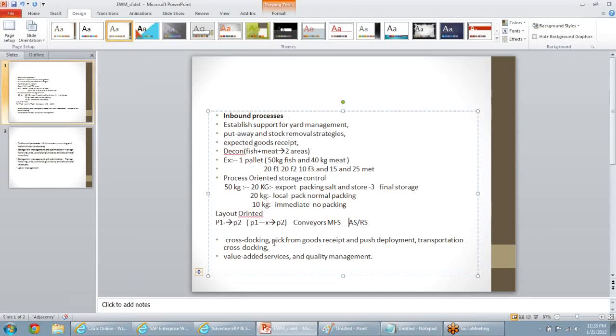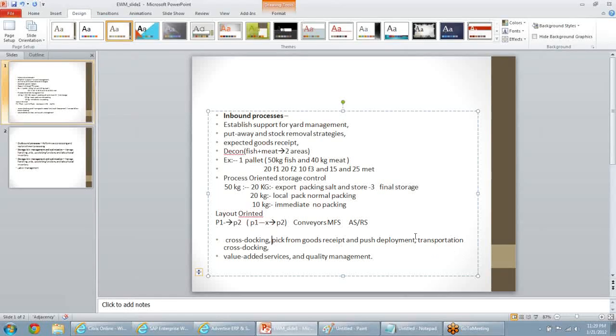And apart from that, my WMS should support cross-docking. So what is cross-docking? Instead of putting the goods into put away, we directly send them to outbound. Exactly. Sometimes I have something called rush orders. So instead of storing the goods in my warehouse, I just send them to some of my customers. So some stock I want to pick from the goods receipt area, and then simply send it back out.